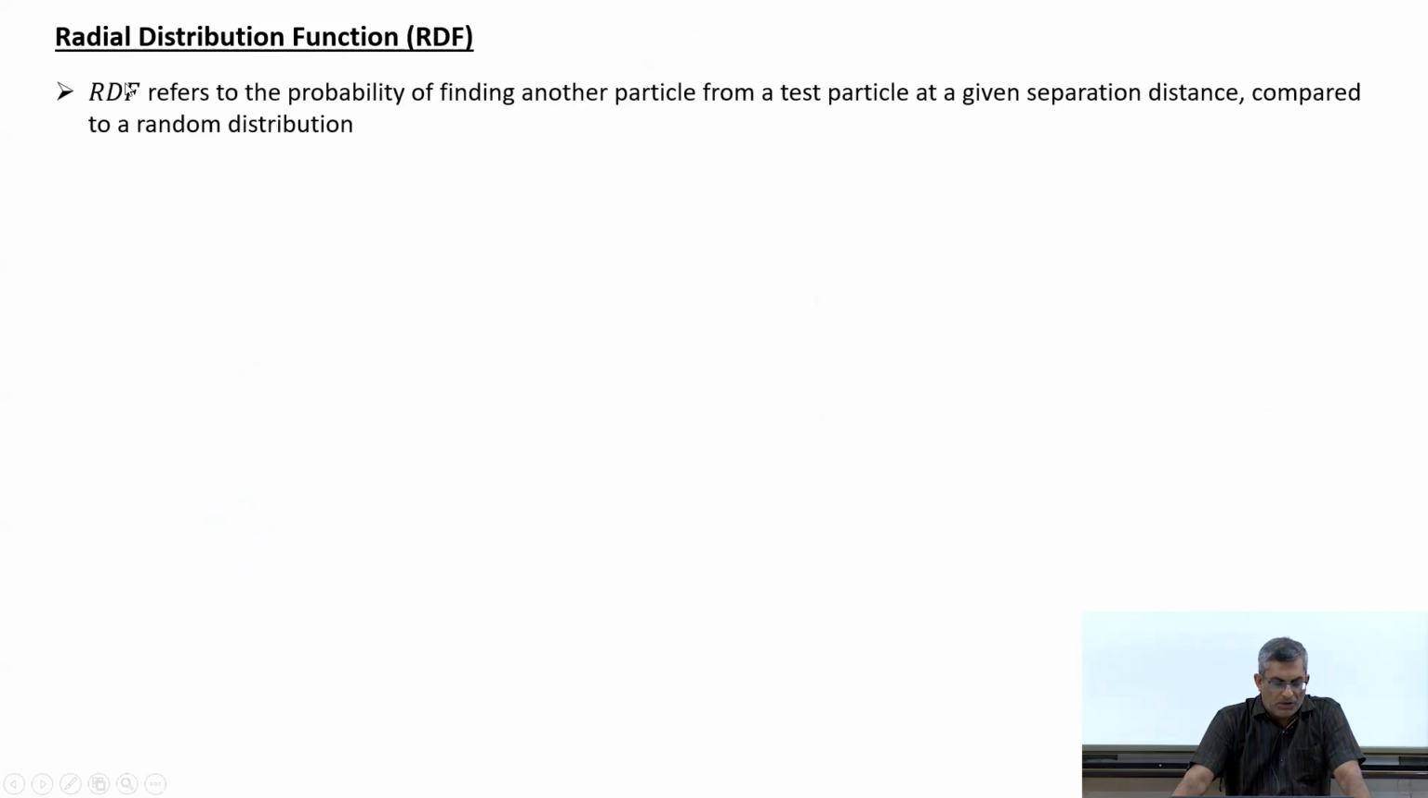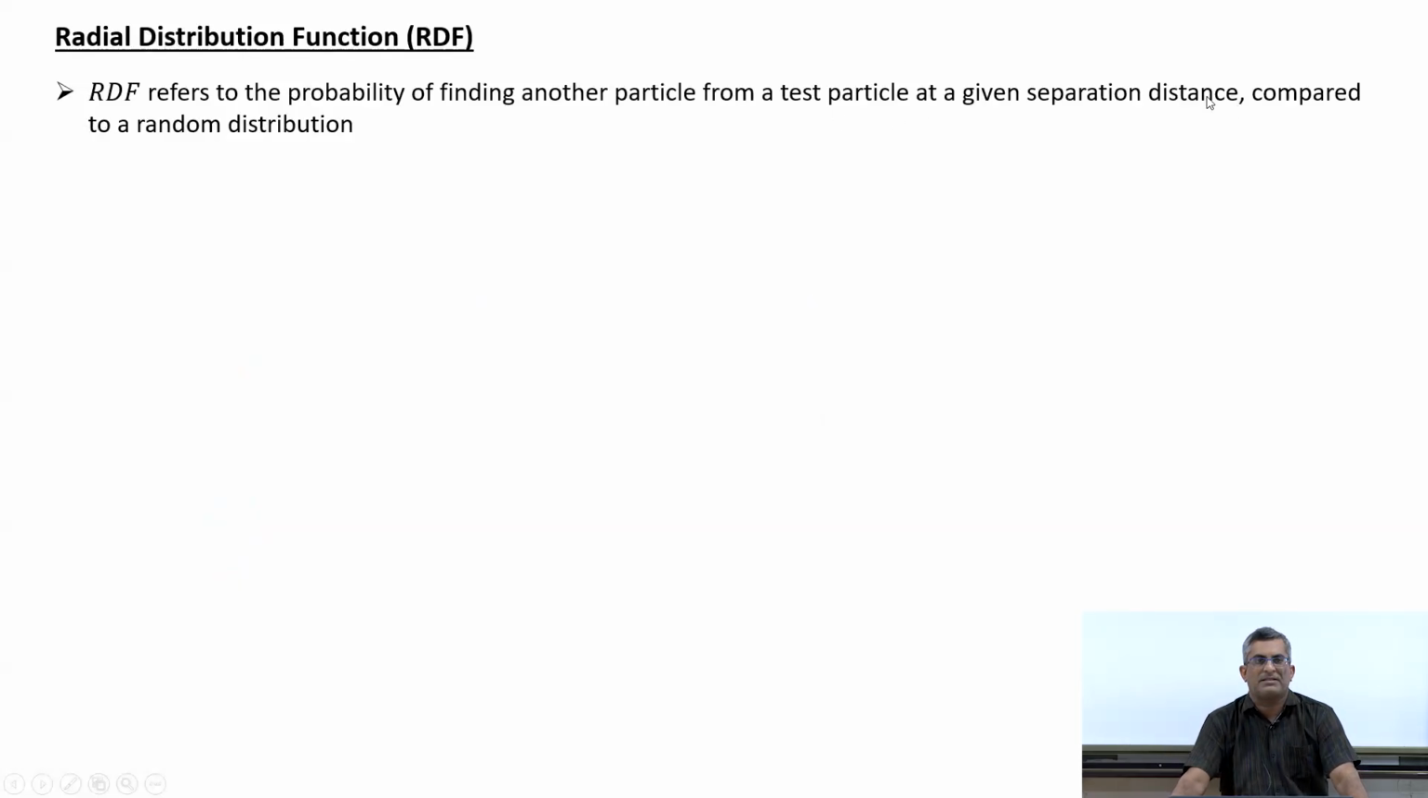The next one is radial distribution function, which is a very important quantity in general in multiphase flows. This has significance in droplet collision studies also. Let us see what it is. So, RDF or radial distribution function refers to the probability of finding another particle from a test particle at a